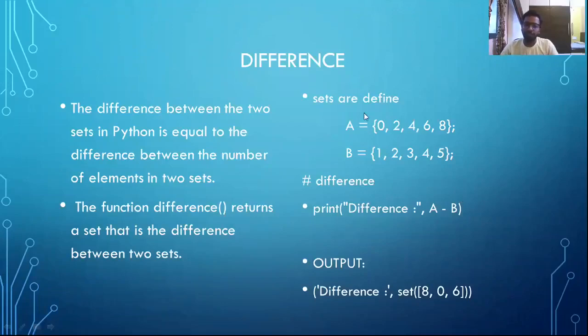Here let us see the example. We have set A equal to 0, 2, 4, 6, 8, and set B as 1, 2, 3, 4, 5.